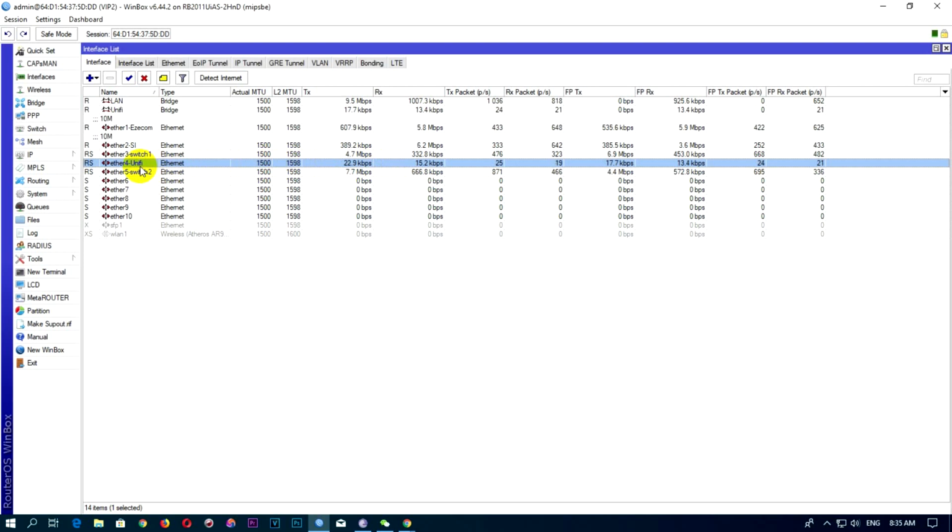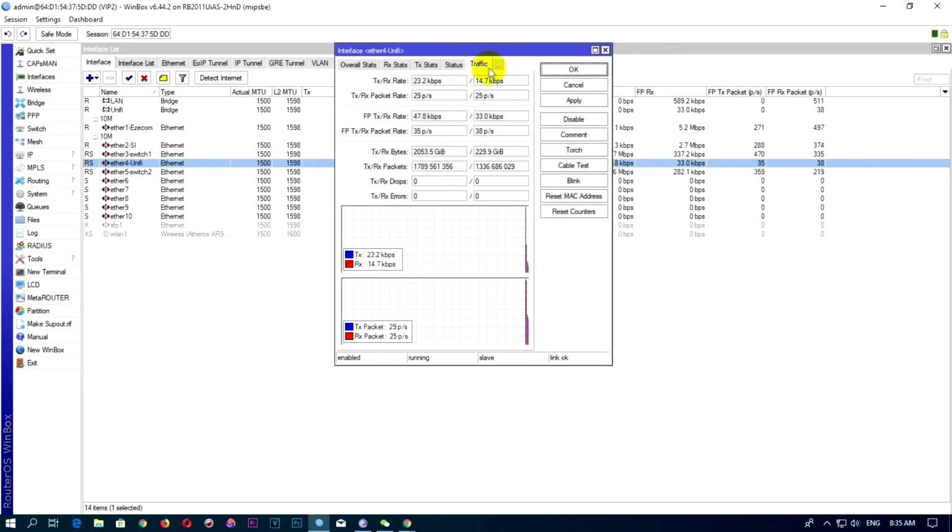Okay, now double click on it, so that click on traffic. Okay, right now the traffic is normal. If someone uses too much, for example, I